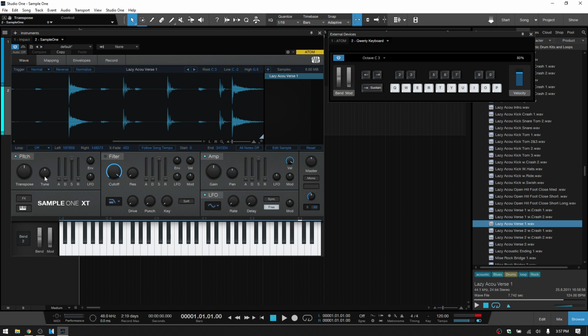With the tuning, we can tune in cents. Then we have ADSR controls for the transpose and tuning. We can apply our ADSR settings by using the envelope knob. We can apply LFO to the pitch. So if we'd like to, you wouldn't typically use this with drums, but if we were to take the LFO dial up a little bit,